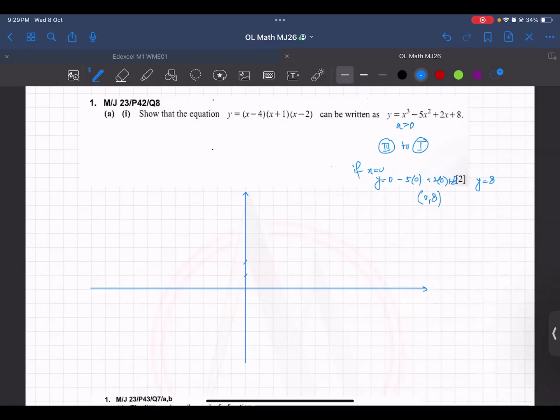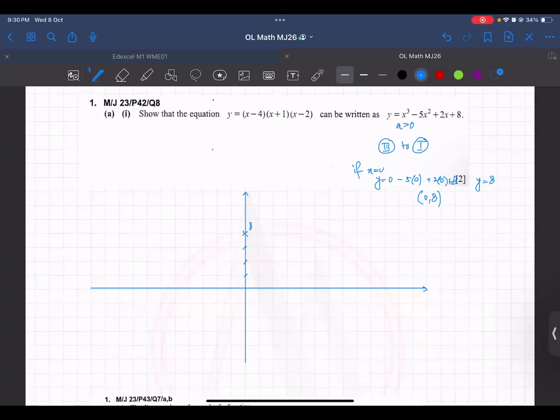So 2, 4, 6. Let's suppose this is 8. Please explain again. I'm not finding it, my internet went out. The y-intercept is, if I put my x as 0, you get the y value. That is your y-intercept. So you plotted that as well. And then you need the x. Hello. Can you hear me?